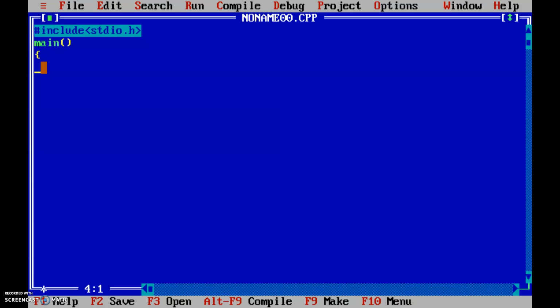opening curly braces. In the first program we are going to display one message on the screen. Displaying some message on the screen, which function is used? Printf function. So printf, opening bracket, opening double quotation mark, then here I am going to write one sentence. That sentence is, this is our first program.